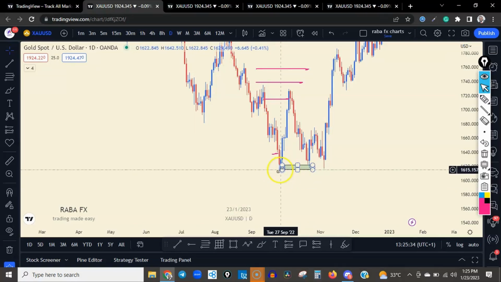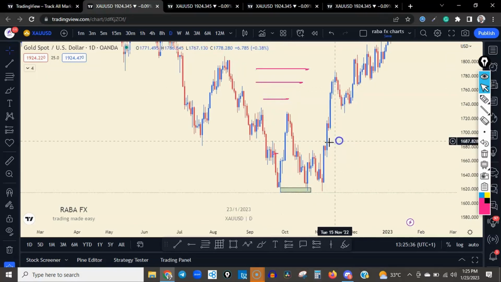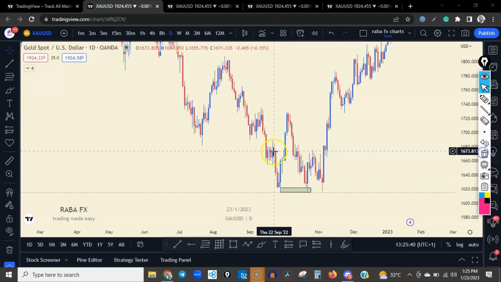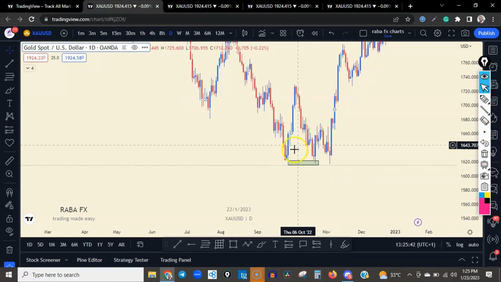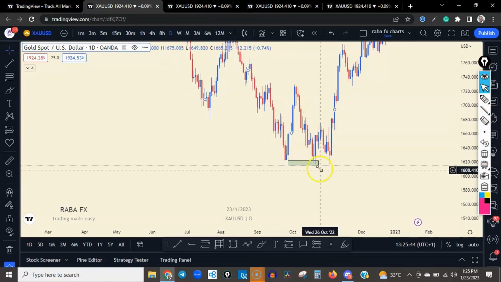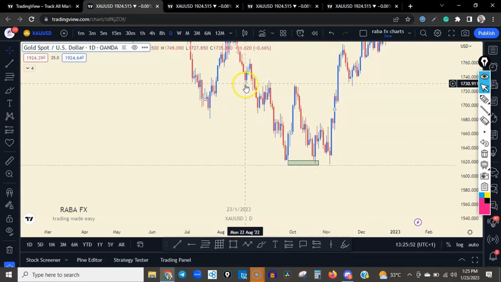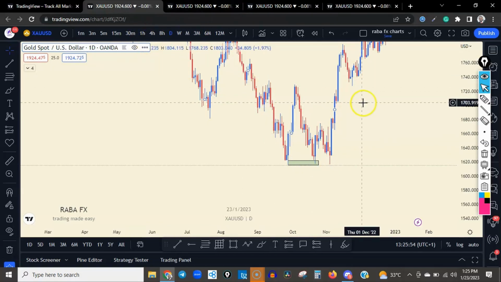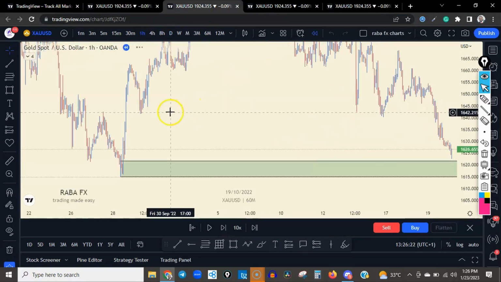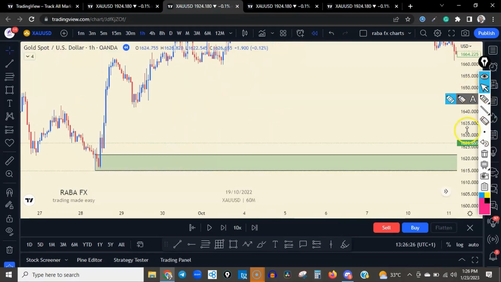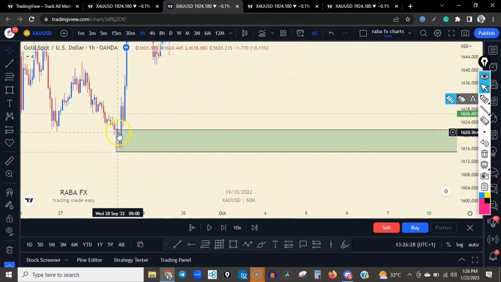What we need to be looking for is what? Bullish prices, our price objective. So our price objective is what? Bullish. So we need to be looking for bullish prices the moment price comes back to test our area of what? Key levels. Okay, so on that note, you go to your setup time frame, which is the 1 hour. Now looking at the 1 hour, if we refine that level, you are going to see that on the 1 hour we have